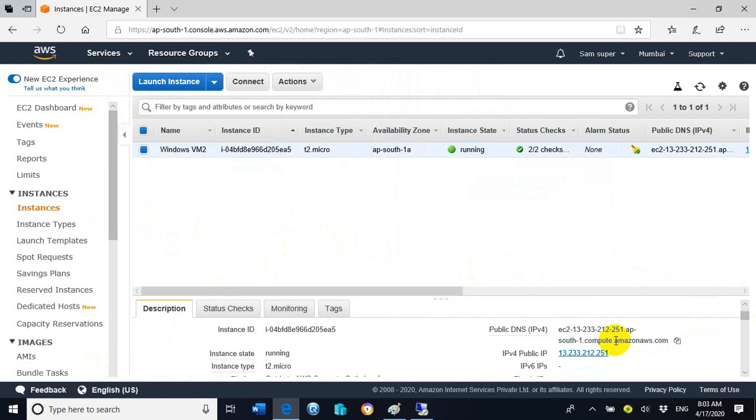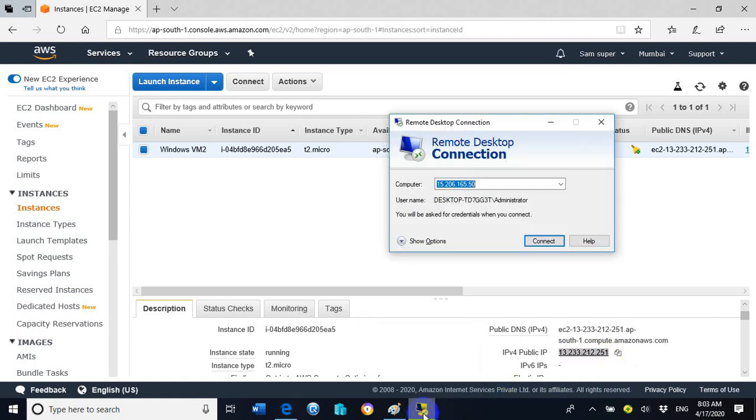Inside the description, just copy the public IP address of EC2 instance Windows VM2, go to the RDP connection console and press Ctrl plus V keys simultaneously together. It will paste your public IP address on the RDP connection console. Now click on connect.